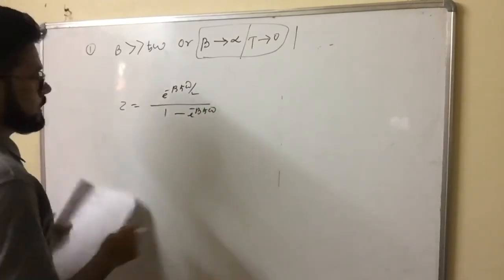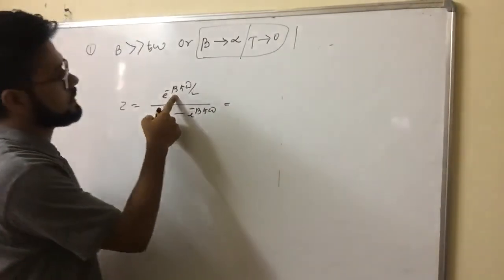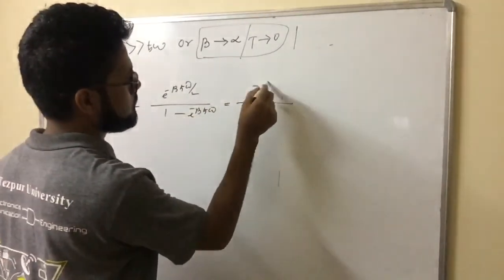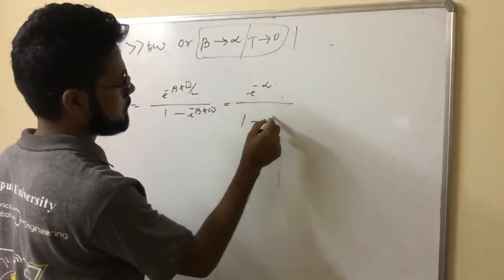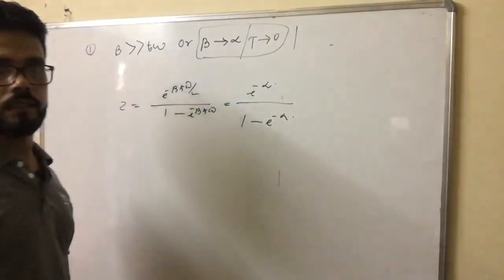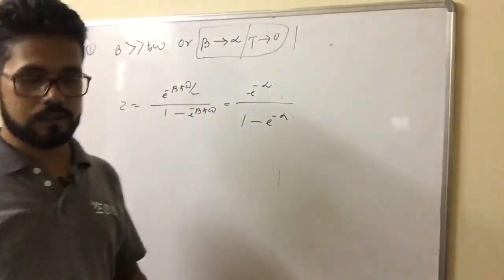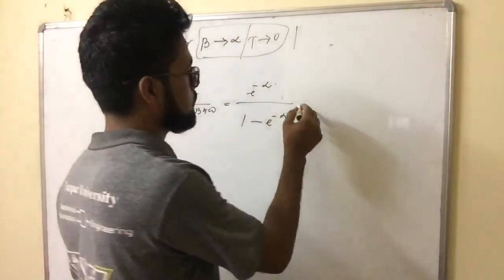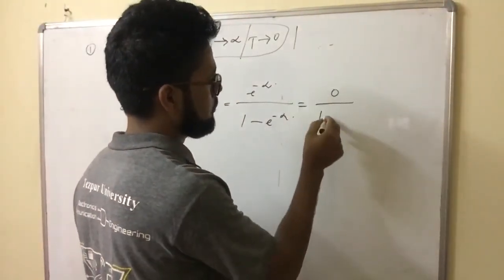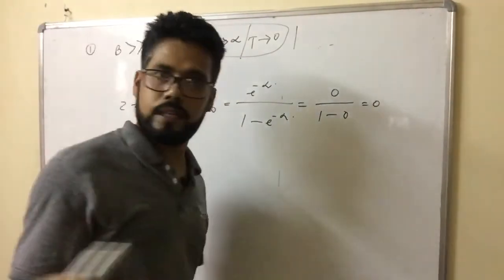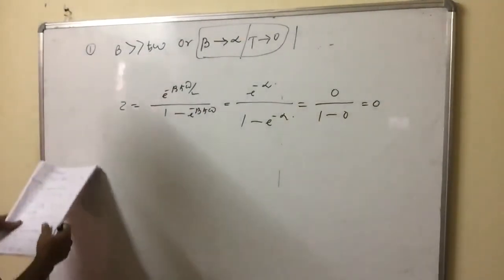This is the formula. So beta means infinity, e to the power minus infinity. Okay, 1 minus e to the power minus infinity equal to how much? E to the power minus infinity equal to how much? E to the power minus infinity means 0. 1 minus 0 equal to 0. Is it okay? Similarly,